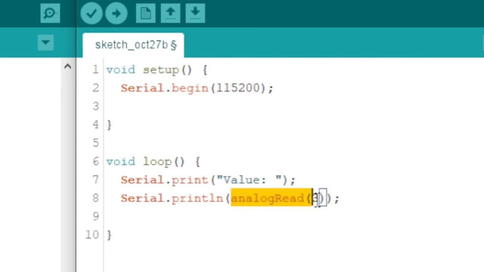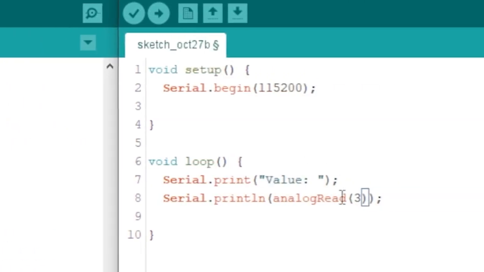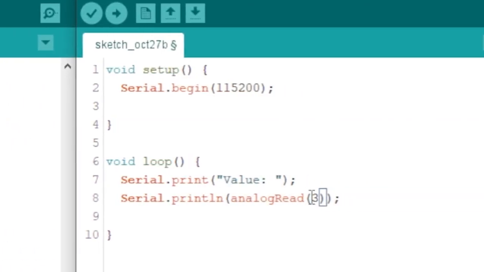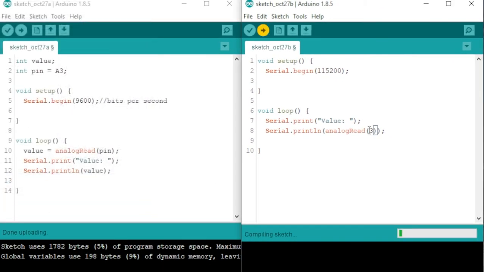Now, instead of assigning a variable the value of analog pin 3, we're going to directly put this in the argument for the println of the serial monitor. If you notice, here I have an A3, and here I have just a 3. They both work perfectly fine. It's just a matter of preference. So if we upload this code,